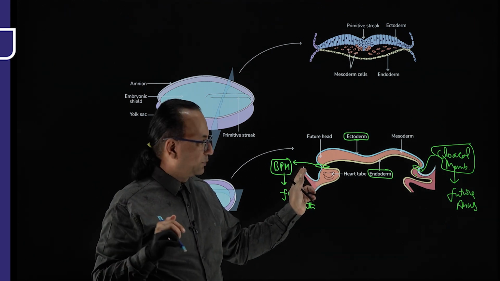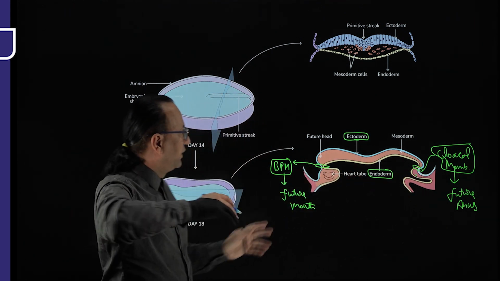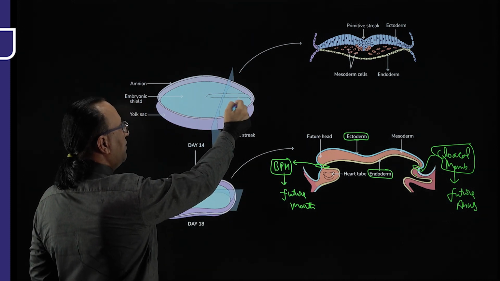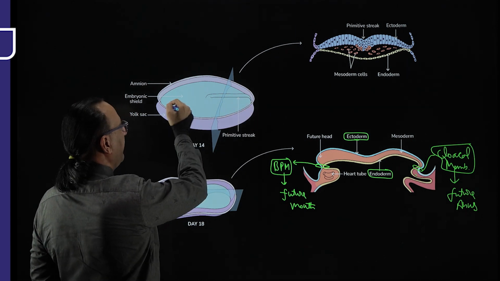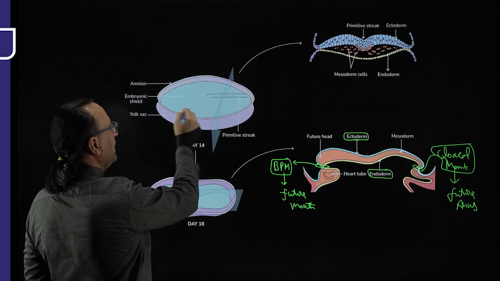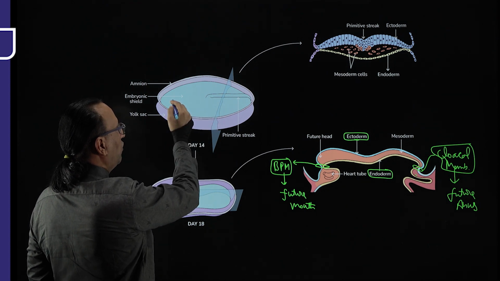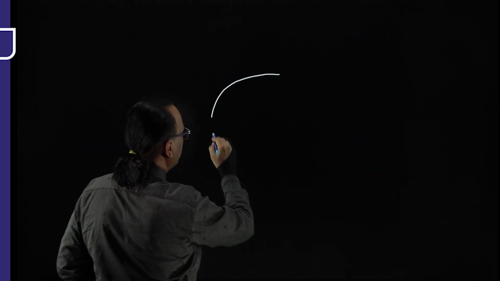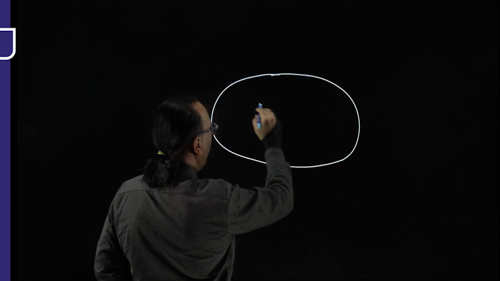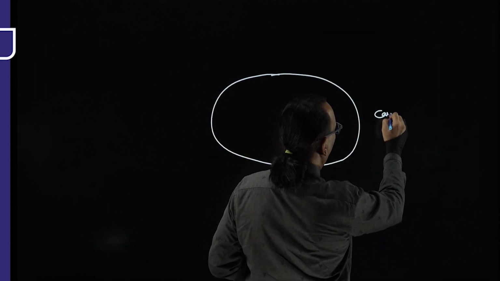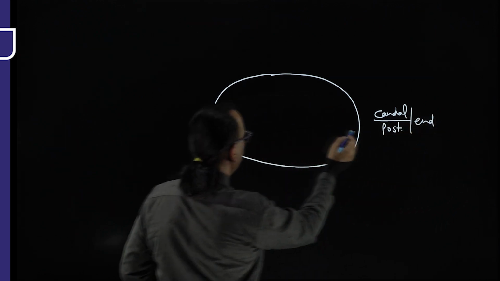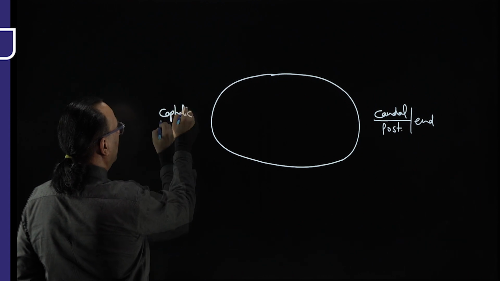With this idea, let us proceed further to draw this diagram of the primitive streak, talking about its components and the development of the cloacal membrane towards the caudal end, the buccopharyngeal membrane towards the cranial end, and then also the formation of the notochord. And for that, we have to draw a diagram ourselves. So as we draw this diagram, we can mention that this is the disc-shaped embryo, and towards this side is the caudal end or the posterior end of the developing baby, whereas this is the cephalic or the anterior end